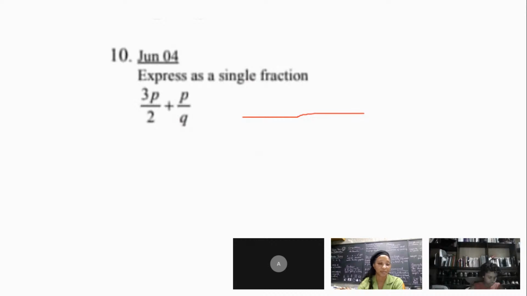Let me see. It'd be expressed as 2p. The LCM is 2q, sorry, miss, 2q. So 2 into 2q goes 1 time, so it'd be 3p times q. So it'd be 3pq plus,